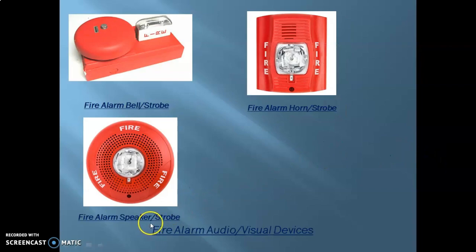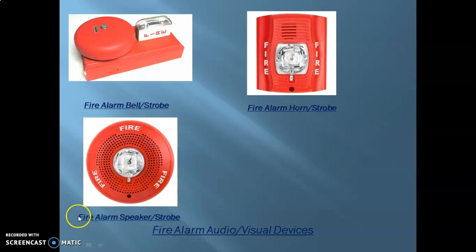Next, the third and final ones are the fire alarm audio visual combination devices. Now, so here you can see the fire alarm bell strobe combination. You have the strobe here and the bell here as one single unit itself. So this will provide the audible signal. This will provide the visual signal. Here you have the fire alarm horn strobe. Here you have the horn, as you can see, the horn part over here above the strobe part. So this will provide the audio signal, and this will provide the notification signal.